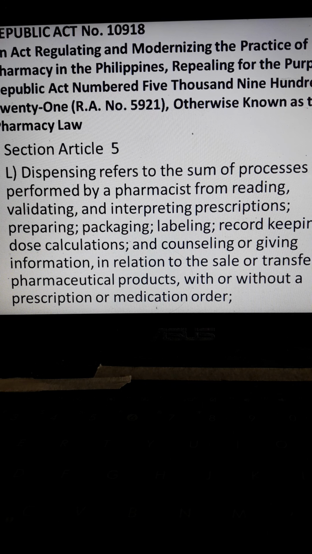So, as pharmacists, we have to take note of Republic Act 10918 or the Pharmacy Act of 2016, Section L of Article 5,